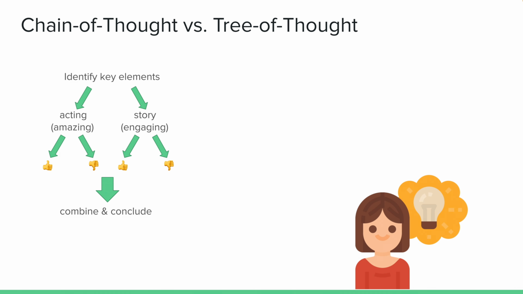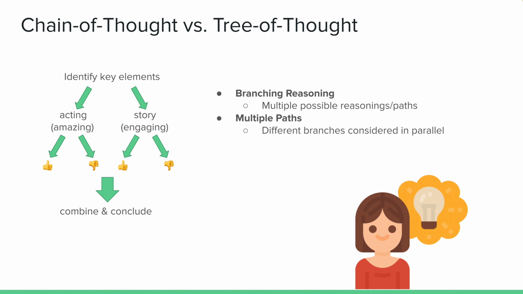To recap, the model follows branching reasoning, where multiple possible paths of reasoning are explored simultaneously. This allows the model to take different angles or perspectives on the input, such as evaluating both the positive and negative aspects of different elements like acting and story in a movie review. These multiple paths of logic are considered in parallel, meaning the model explores several possible outcomes before arriving at a conclusion. This leads to a flexible exploration where the model can weigh different interpretations or conclusions, offering a more comprehensive